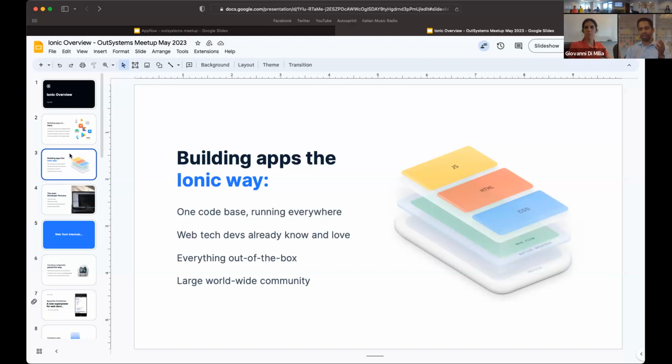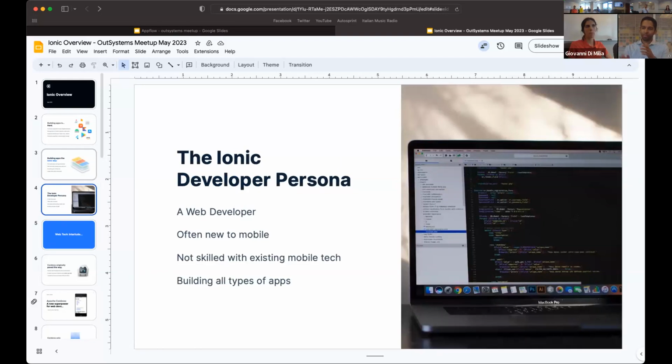And then we basically provide everything out of the box. And most of our software is open source, so it has a huge developer community across the world that you can share ideas with and essentially continue to develop on our platform. The typical Ionic developer persona that we work with or that uses our open source technology, first and foremost, is a web developer.